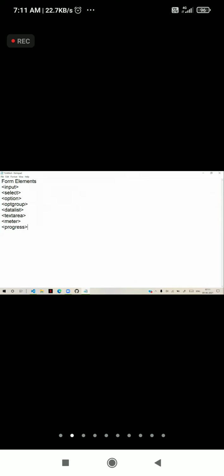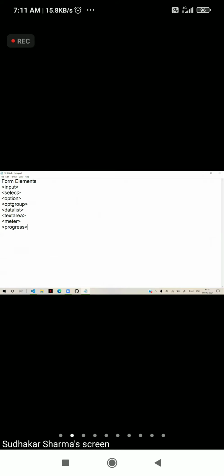All these are used for the elements inside the form. One by one, we will see how we can design the elements and how we can configure them. So how to define and use them, right?